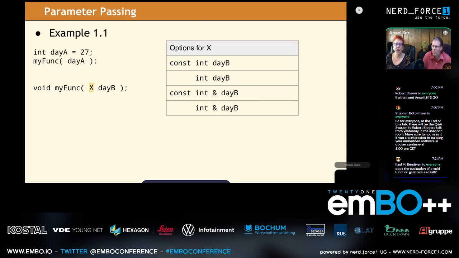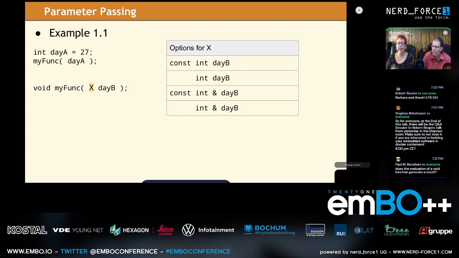Again, the question is, are we passing by value or passing by reference? We want to change it. This X is, are we receiving by value or by reference? The first two in the chart show both the const and the non-const, and should be fairly simple to read.